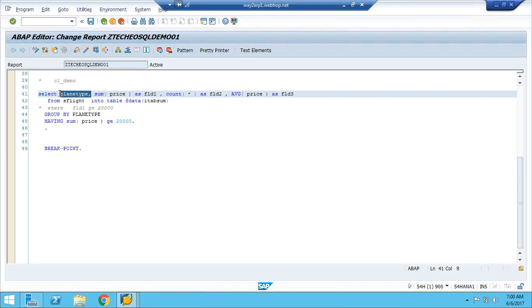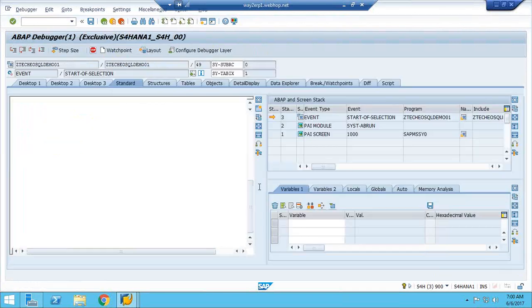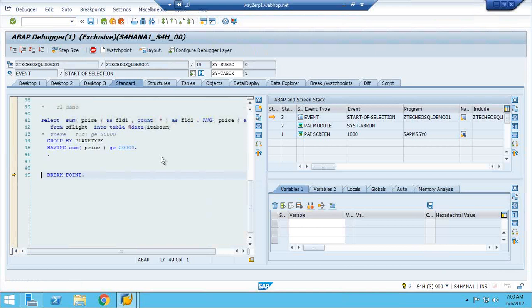The output won't come as plain text, but while doing aggregation, it will aggregate based upon the fields mentioned in the group by.